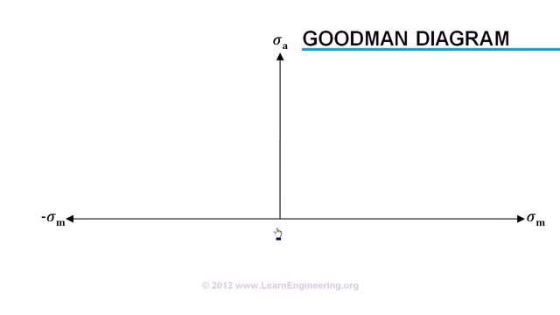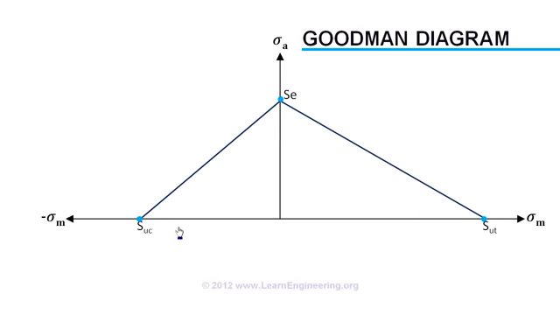When the mean value is 0, we know the safe stress limit is the same as the endurance limit. When the amplitude of stress is 0, it is the same as a static loading condition. So the safe limit for tension is the ultimate tensile stress in tension, and the safe limit for compression is the ultimate tensile stress in compression. According to Goodman analysis, safe stress amplitude limits for all other cases lie on straight lines connecting these points. So for a particular stress mean value, we can find the maximum allowable safe stress limit from this diagram. It will be here.